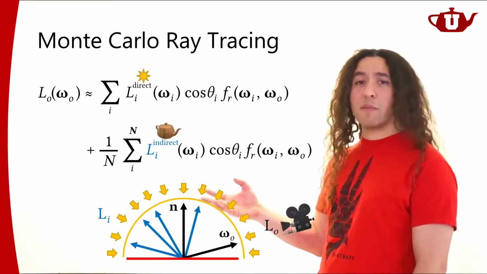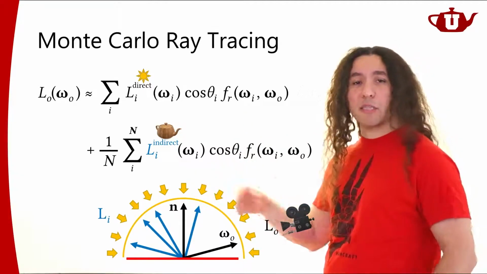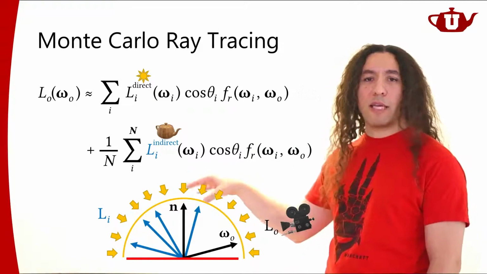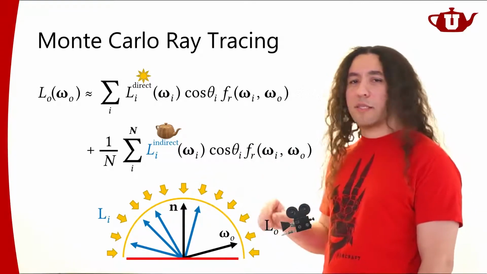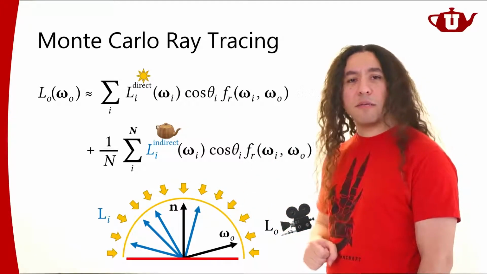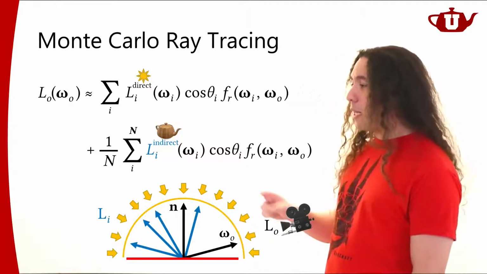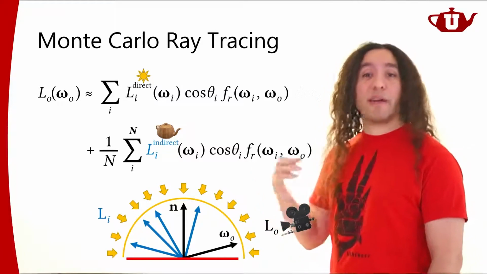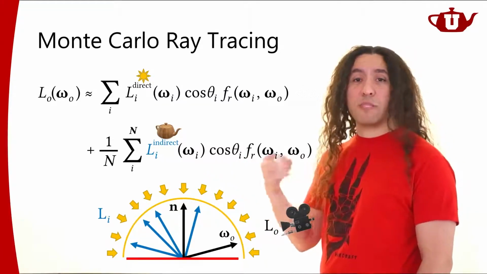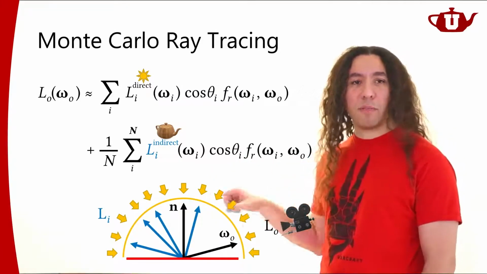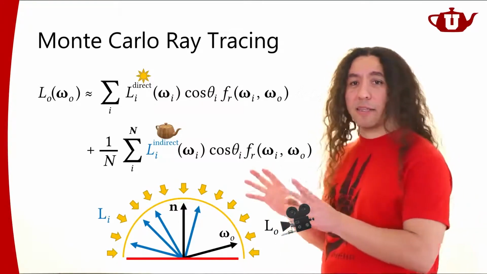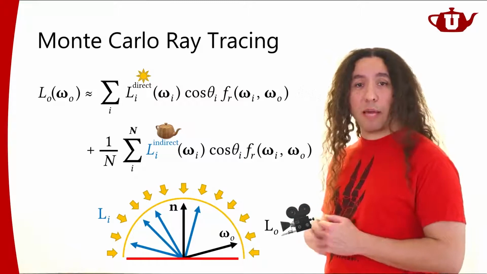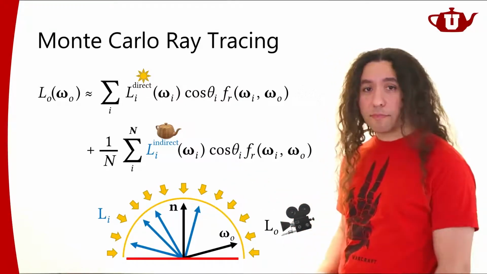You can solve this integral by completely randomly generating these directions. That would be fine. It's just that your estimation is not going to be very accurate. You're going to need a lot of samples. But if you have a relatively better way of generating these random directions, you can have, on average, a better estimation of this integral using relatively fewer number of samples, right? So that's another big topic, another important thing that made realistic rendering possible today. People looked into this problem quite a bit.